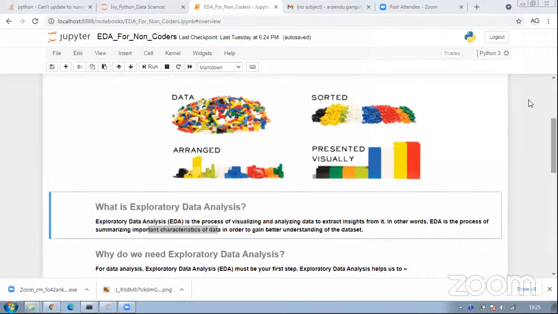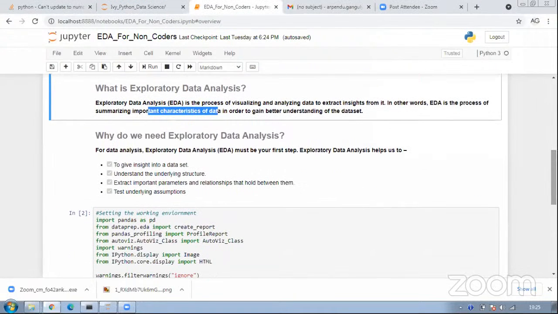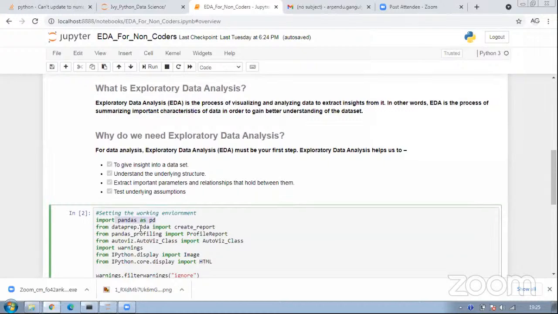Okay, what libraries are prerequisites for this? Let's start from that part. Definitely we will be using Pandas. So Pandas is one. Second would be DataPrep. There are two kinds of libraries which are generally there for Python. One is something which is there by default.